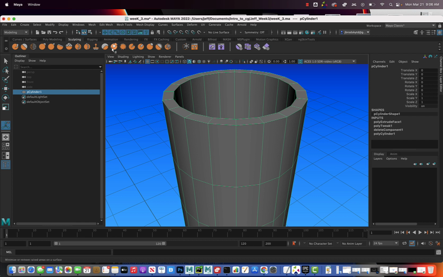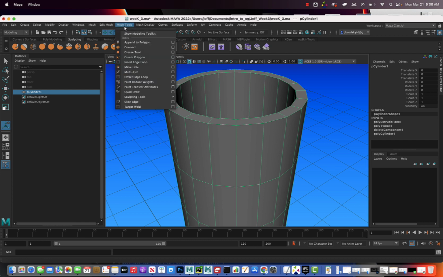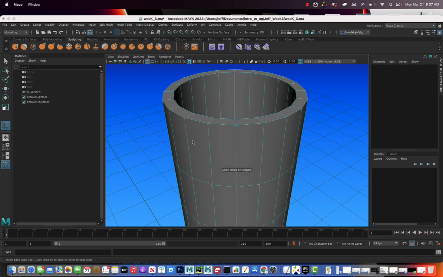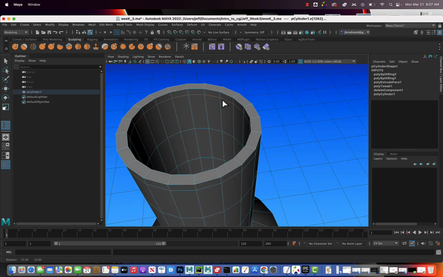So what we could do is go to mesh tools and go to insert edge loop. And when you do that, you can click and drag on an edge. I'm left mouse clicking, and I'm going to insert an edge pretty close to the top on the outside. And then same thing on the inside, I'm going to click and drag pretty close to the top. So now we have these edges that'll support